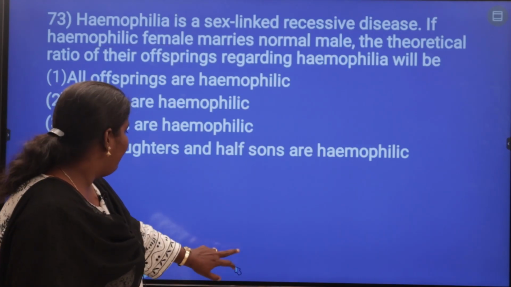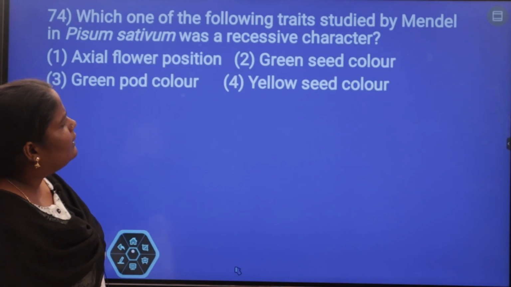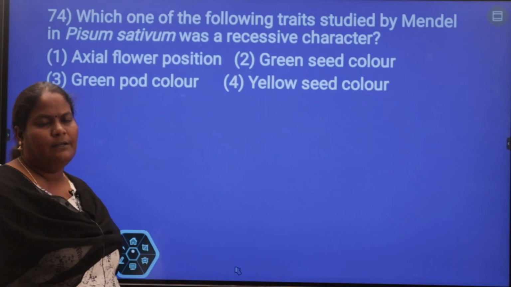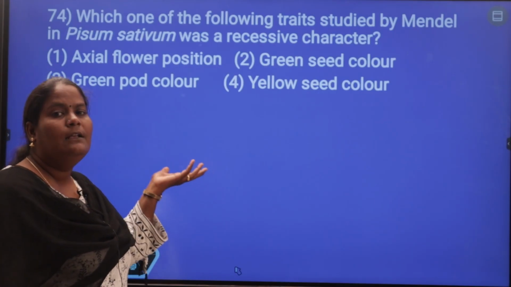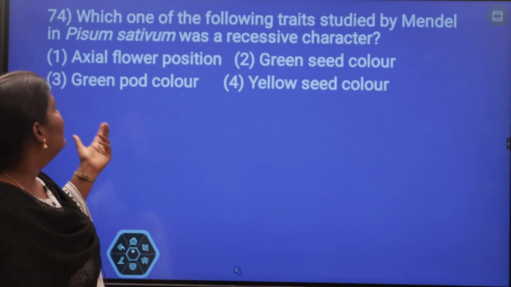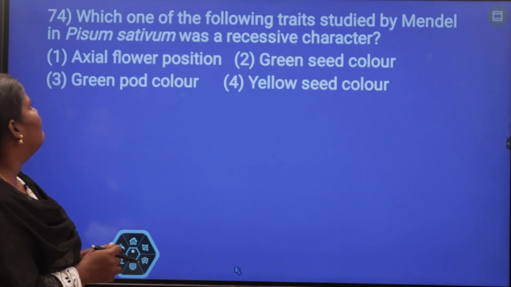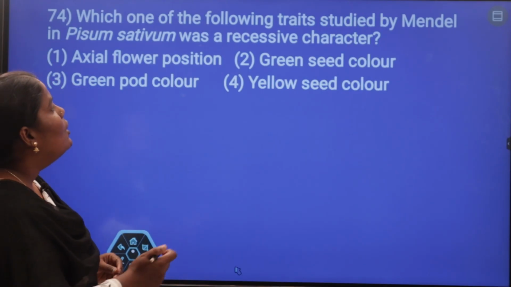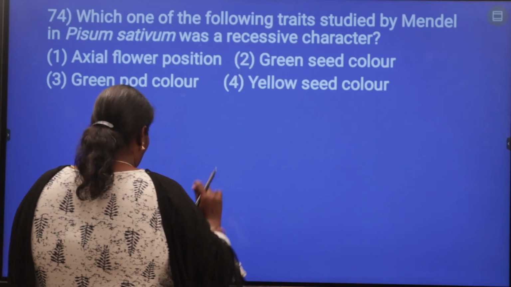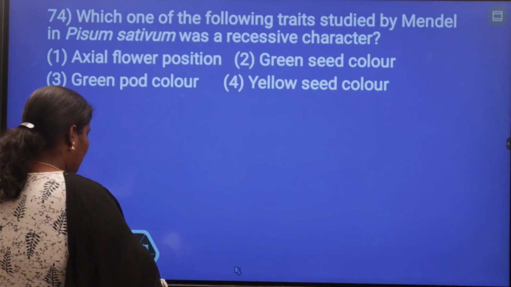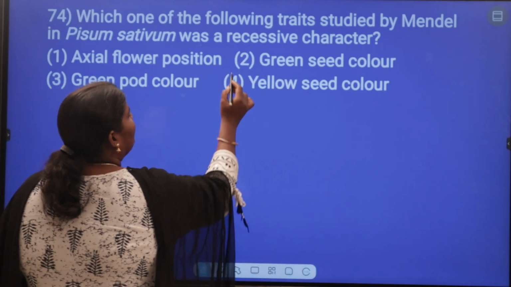Next, 74. It's a principle of inheritance question, 12th chapter, principles and basis of inheritance. Which one of the following traits studied by Mendel in Pisum sativum was a recessive character? So we are all aware of that. Gregor Mendel, who studied about the